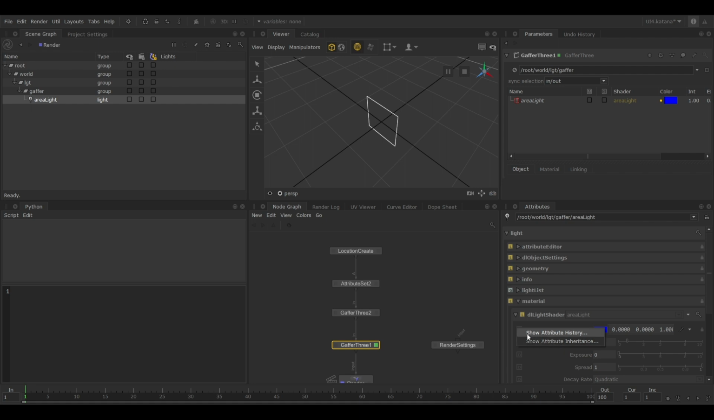Let's choose show attribute history, and it shows us the nodes. So it was originally red and now it's blue, and then you can always just click on one of these nodes to go to it. Pretty handy. We can also do this with code. So if we go to UI4.util